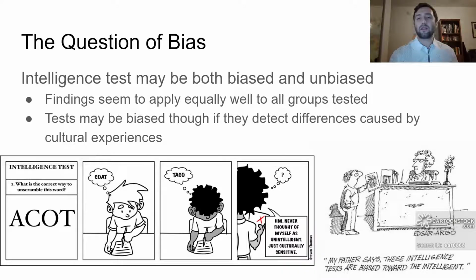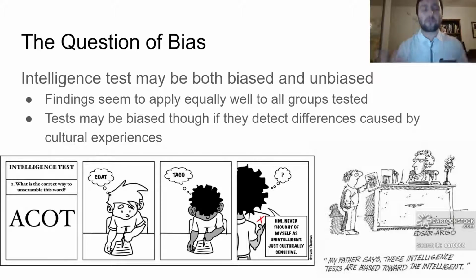But the reality is, if I want to know how well you are going to do in college, well, if you're going to college in the United States, chances are you need to speak English pretty well. And if you aren't able to speak English very well, then even though technically this test is biased and maybe your intelligence is higher than you're showing, the reality is when it comes down to how well you're going to do in college, it's probably going to be pretty accurate.